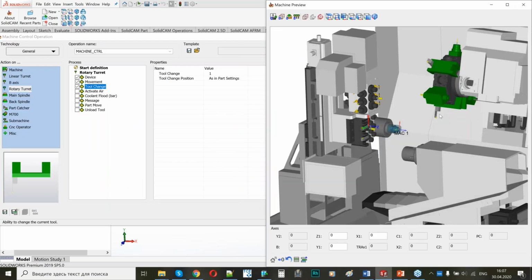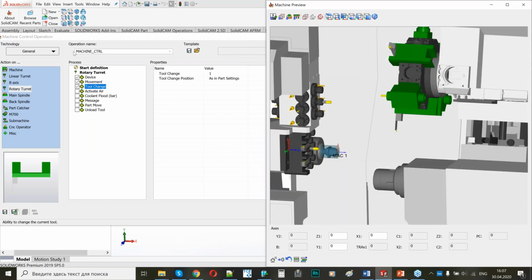I have my tool. So this is how we are using machine control operations. This is the one side. This is the basic feature, the basic tools that we are using to control the machine, control the devices. But